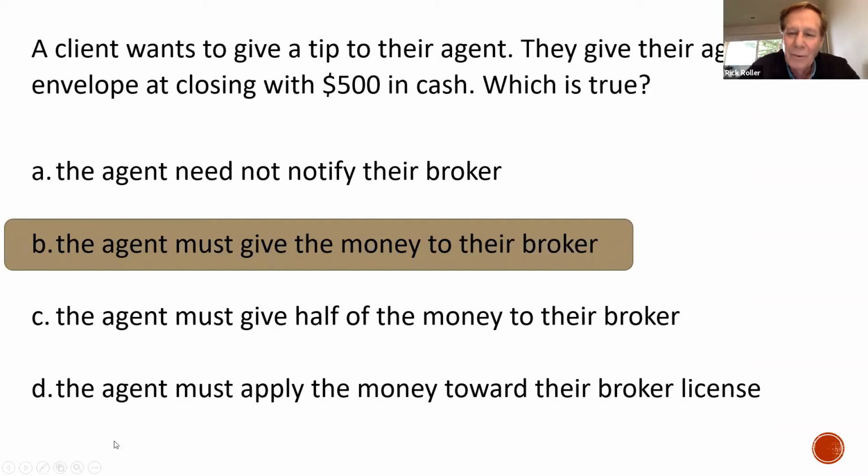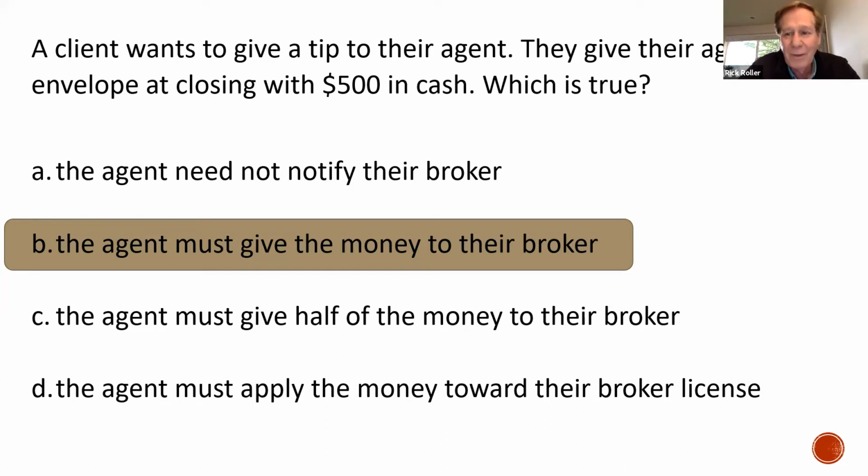Now, some brokers, you'll walk in and say, "Hey, I got a bonus on the Smithers house. They wanted to give me this $500. Look, it's in this envelope here." And a broker might say, "Well, good. Let me see that. Yeah, it feels like a commission. It smells like a commission. Probably would spend like a commission. We have a commission split. I keep 20 of this, I'll give you 80 of it, or whatever it is. But yeah, it's a commission." They may give it all to you, I don't know, but it is a commission.